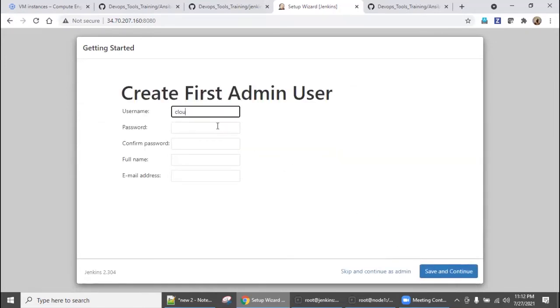I'm just giving cloud and loud, and the password is 12345. Very simple, 12345. And then the full name is cloud and loud.